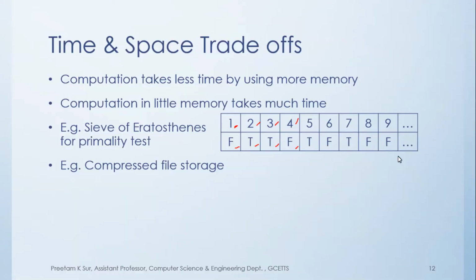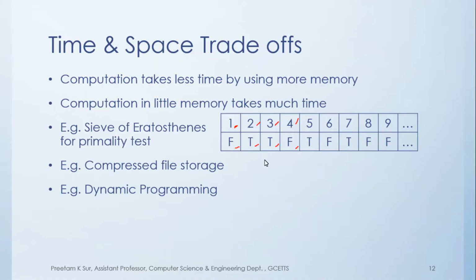And the best example of space-time trade-off is probably dynamic programming. Dynamic programming is an algorithm designing technique which you are going to learn in detail. But the brief is that in dynamic programming, we solve problems which have overlapping sub-problems. What does it mean? It means that a problem is divided into smaller sub-problems, and when we again divide the smaller sub-problems again and again, you can find that some of the sub-problems are appearing more than once, again and again. So that is what the concept of dynamic programming means.